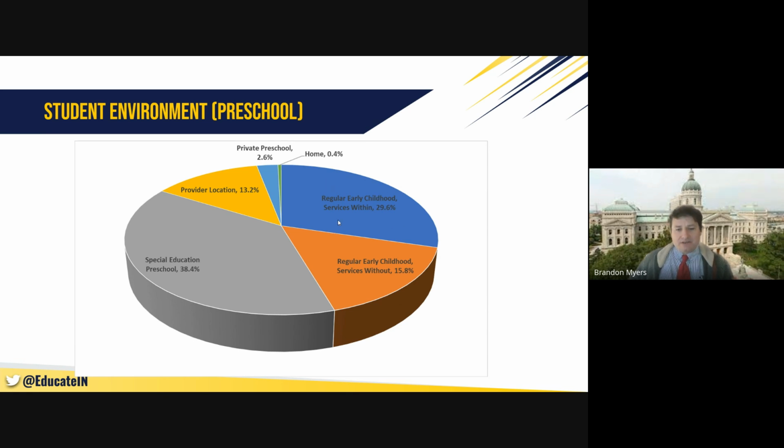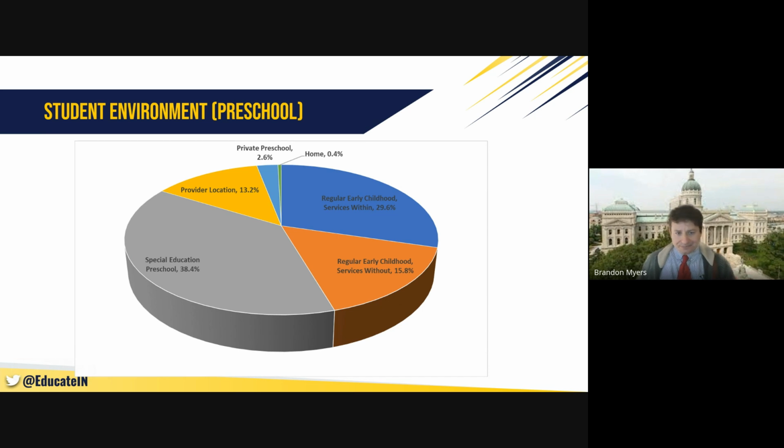Within means they're receiving services with those children present. Without means they're being pulled out for most of those services into a different classroom or into a different part of the classroom. We still have about 38% of our children that are in special education preschools. Those are children only with disabilities. Obviously, this varies from district to district, so you may be interested in that kind of data that is available